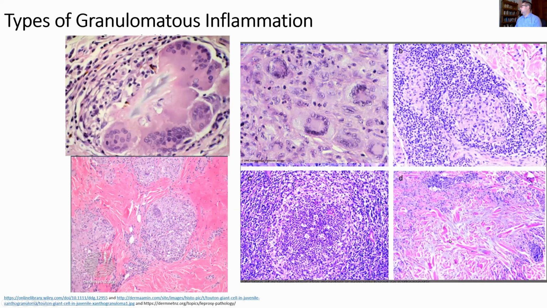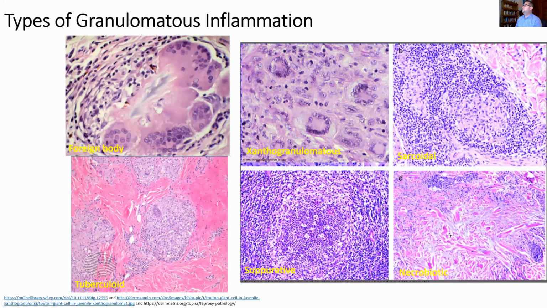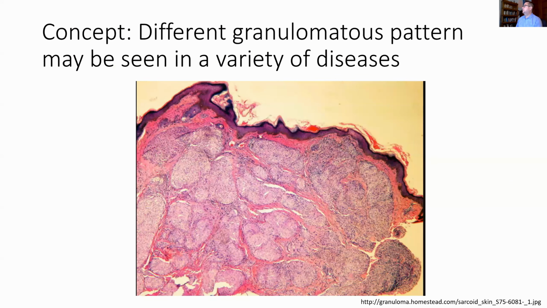And then this is the so-called necrobiotic. So we see macrophages here between the collagen bundles palisading around this acellular area where we see blue staining mucinous material. So that's exactly what these are. So one concept here is different granulomatous